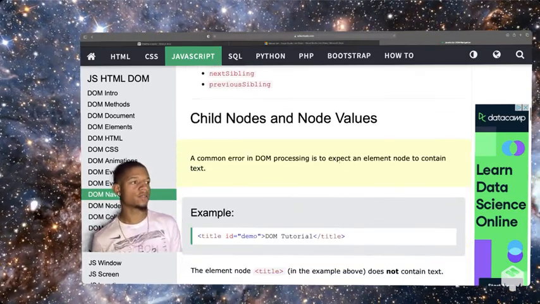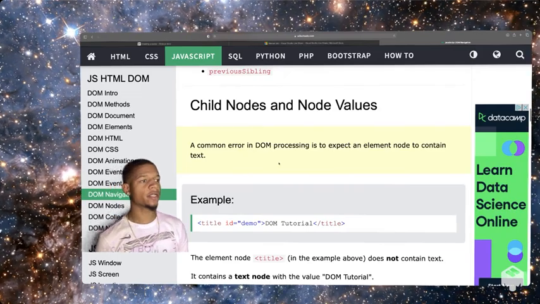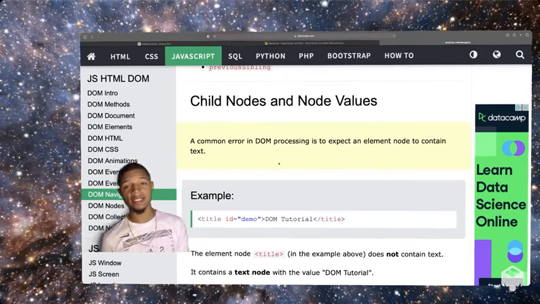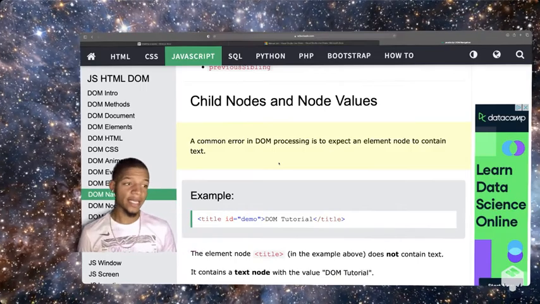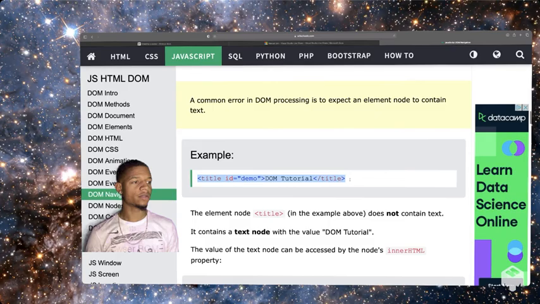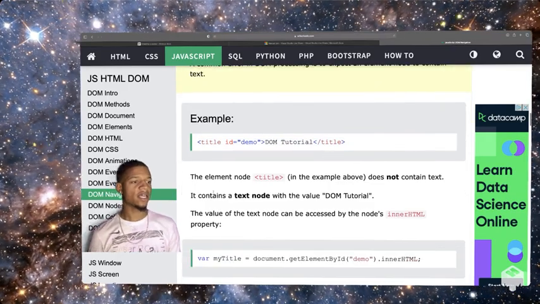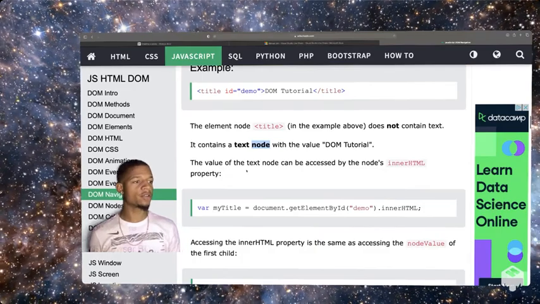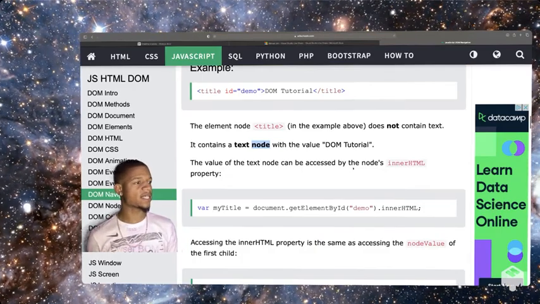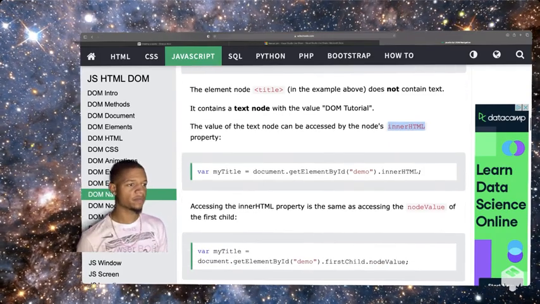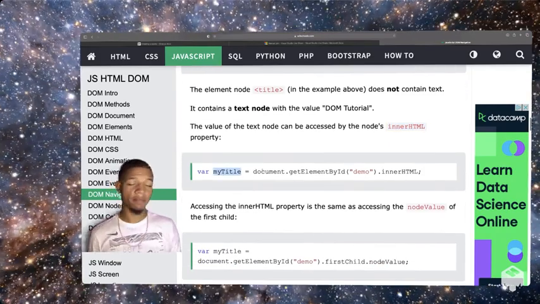Okay, so child nodes and node values. A common error in DOM processing is to expect an element node to contain text. Not all nodes contain text, is basically what this is saying. So we got title right here. It does contain text. It contains a text node with DOM tutorial, right? The value of the text node can be accessed by the node's inner HTML property, as you've already seen, right? So we say my title equals